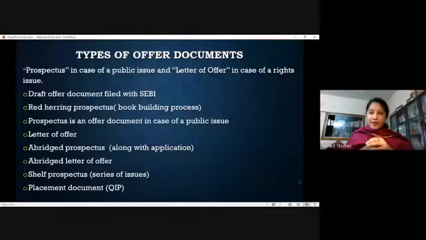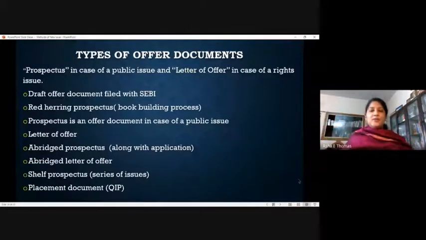prospectus along with the application form. When I'm collecting the application from my intermediary, maybe from my broker, I also get an abridged prospectus along with that application, which states why the company is going for this issue and what is the volume of capital that will be increased because of this offer and how it is placed, who are the registrars to the issue, and merchant bankers and bankers to the issue.